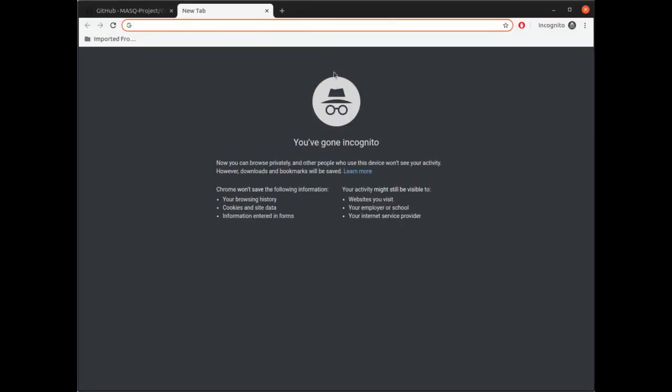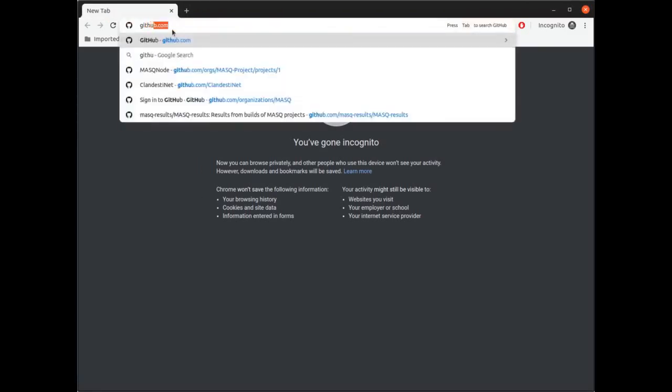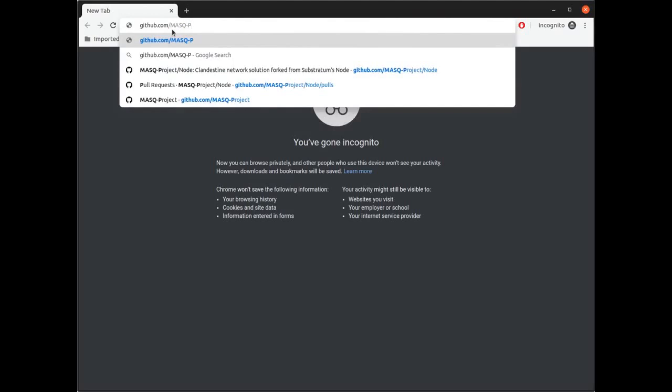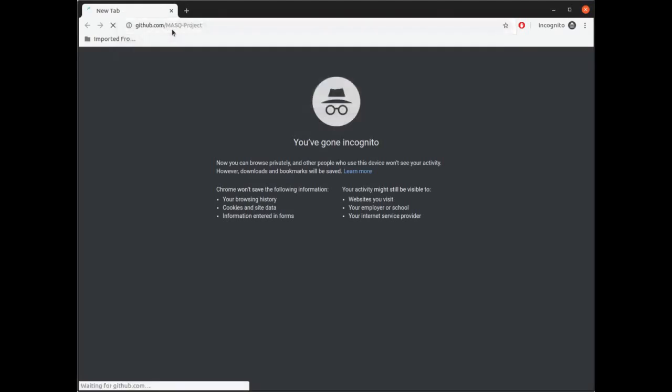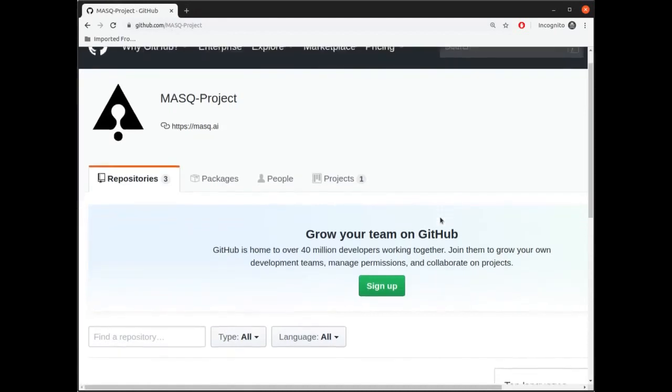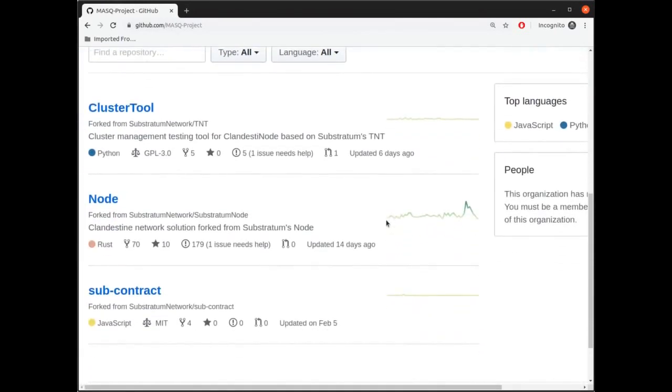Okay, so the first thing to do is to go to GitHub and look at the masq.project, and you'll see our front page. If you scroll down, you see three repos. This is the actual node code.